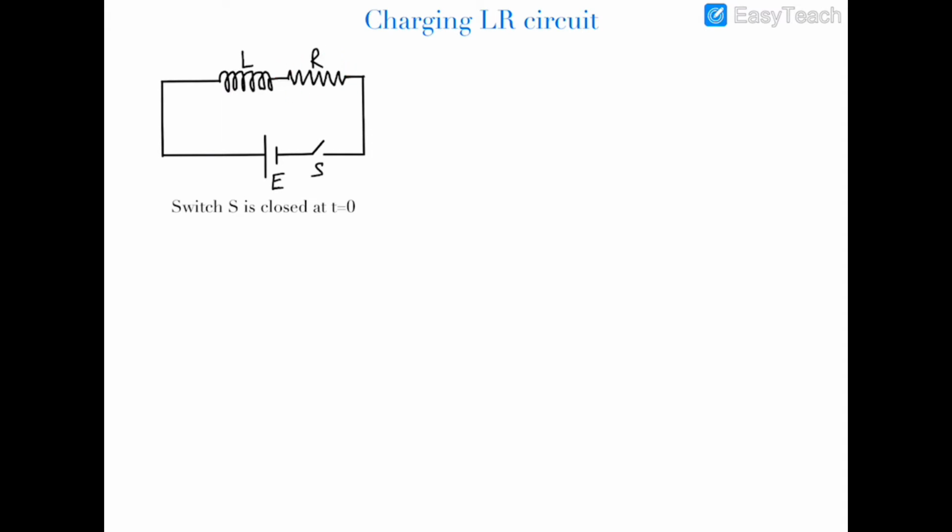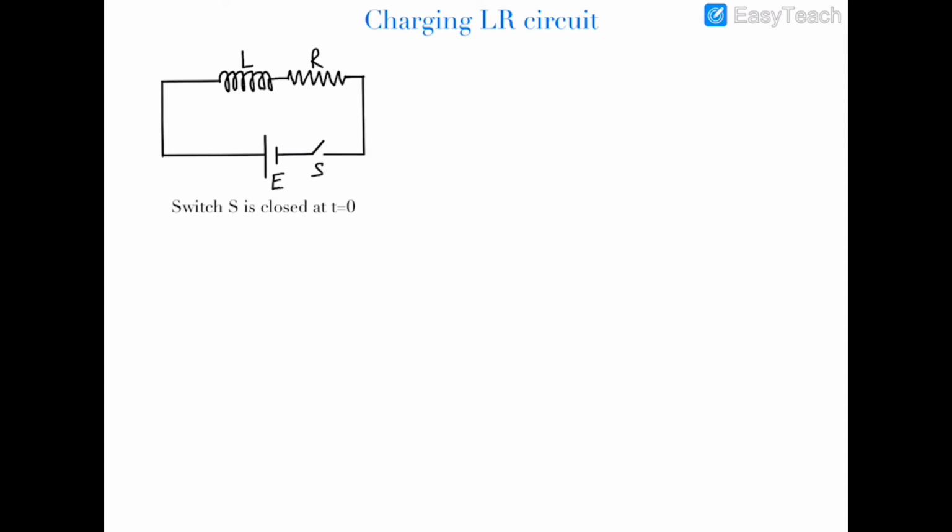for loss of energy, and that part is ohmic resistance, and we cannot neglect the internal ohmic resistance of any inductor, and hence we have to consider that ohmic resistance apart from the inductor in the circuit. So here is a circuit in which this inductor is being connected with this resistance R with a cell of EMF E and a switch S.